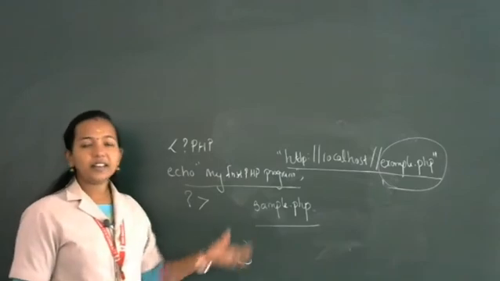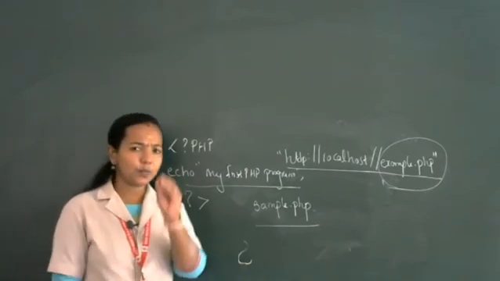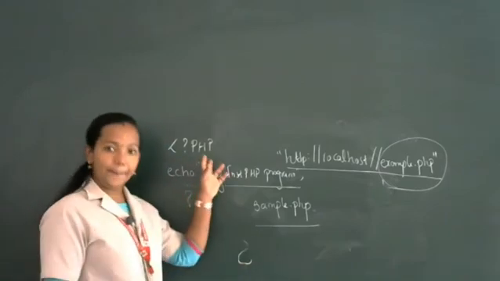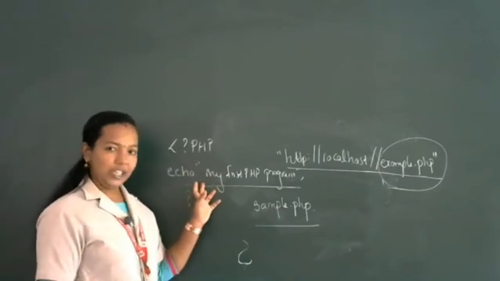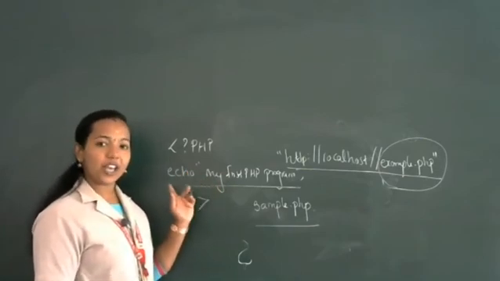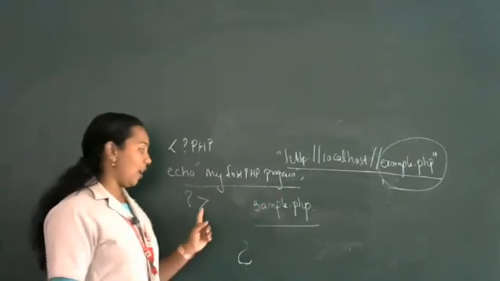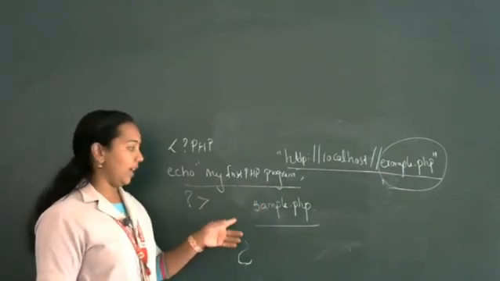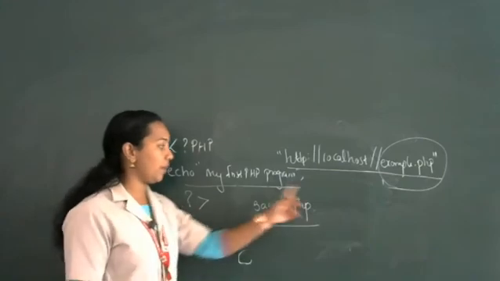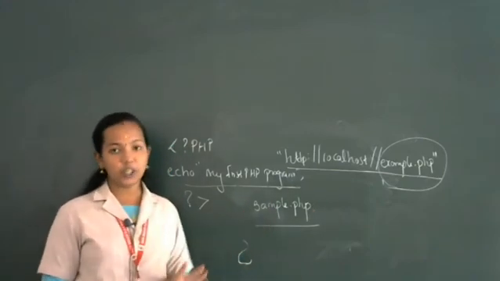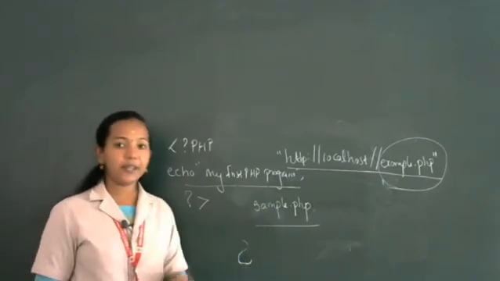After that, type the PHP program. Okay, only a small program we are going to include. PHP echo. Instead of cout, in PHP we are using the echo command: my first PHP program. After that, close the PHP. Then save this PHP program with the name sample.php. So we created one PHP program.